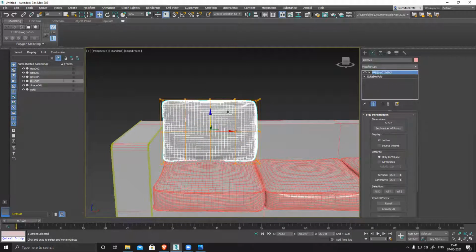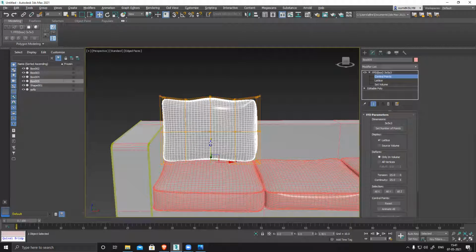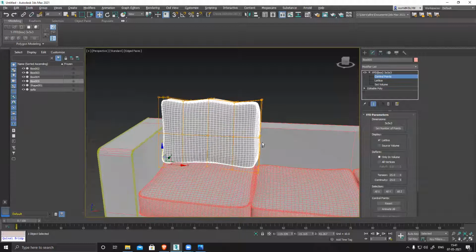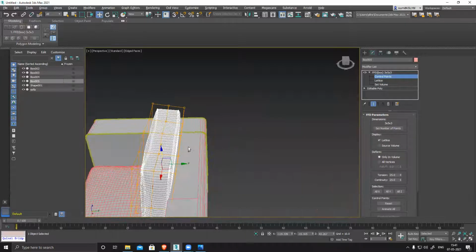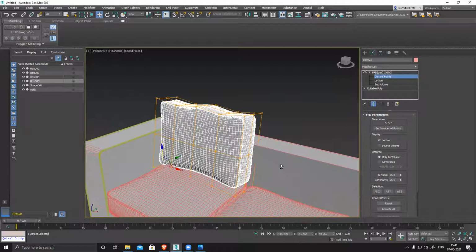The center part, I want to move the center part slightly outside, very little, slightly outside, so I can create that shape. I can match with the reference very easily and create, you can see that wavy shape. You can do it very easily.